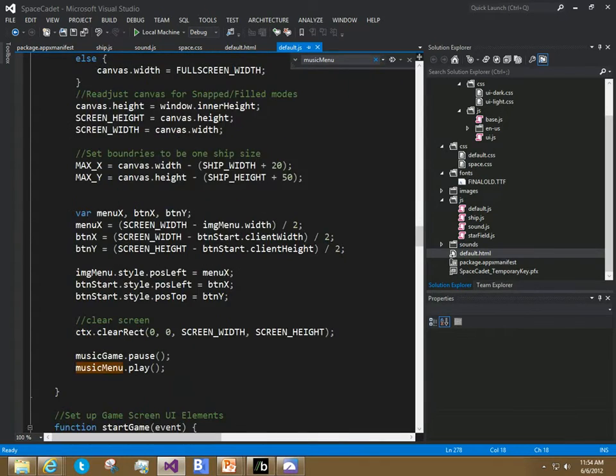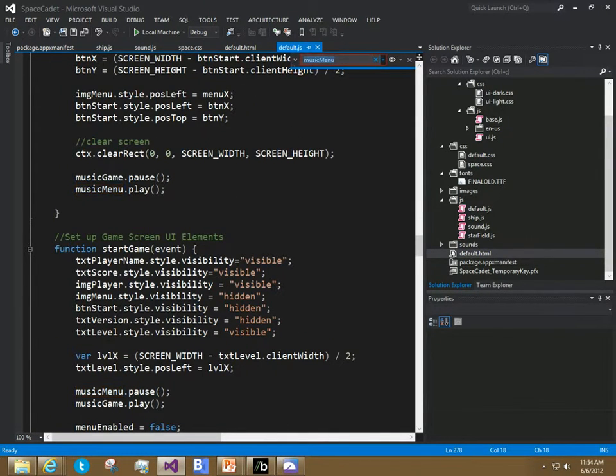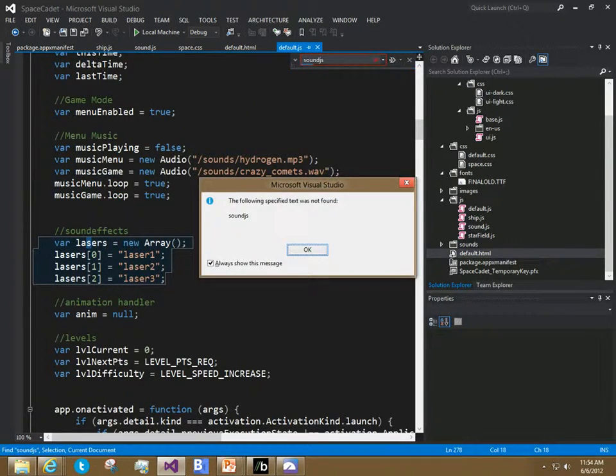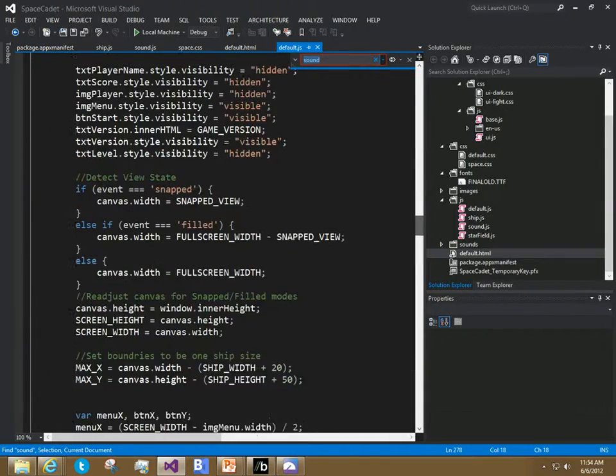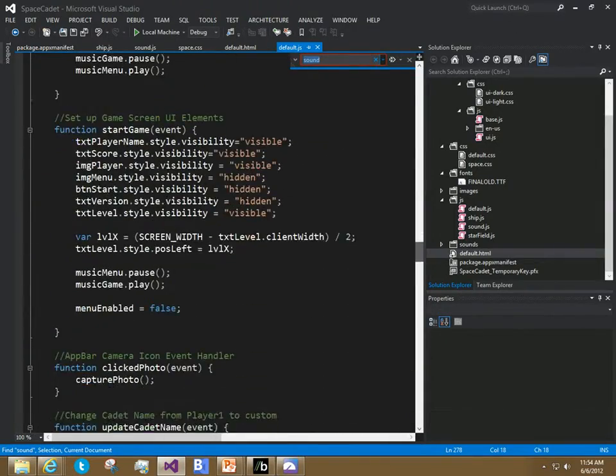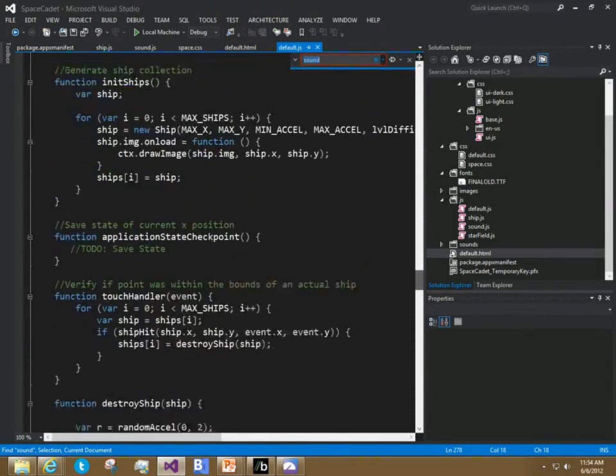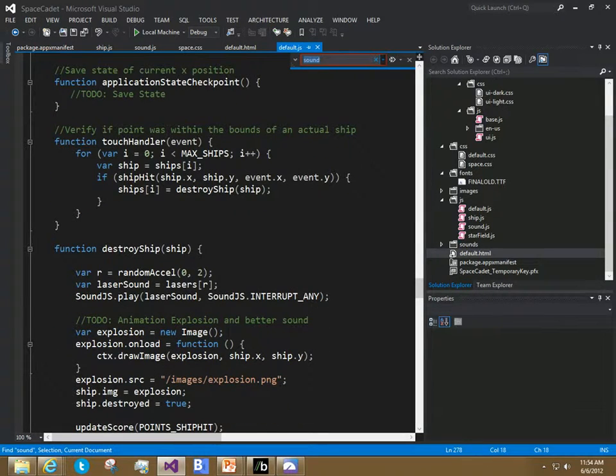And then later on, we'll scroll down a little bit. The actual call is right here. So soundjs.play. So this is what you saw in that batch, the laser sounds, and then I'm going to tell it to interrupt any. So very easy to do both sound effects and music in your apps, easy to do third-party apps,